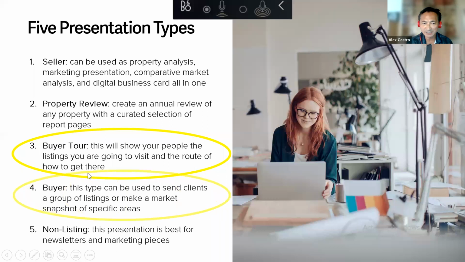Also, we're going to talk about the number 4 here on the list, the second one for today, buyer presentation. So this type can be used to send clients a group of listings or make a market snapshot of specific